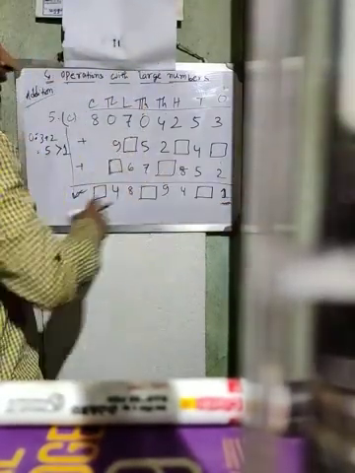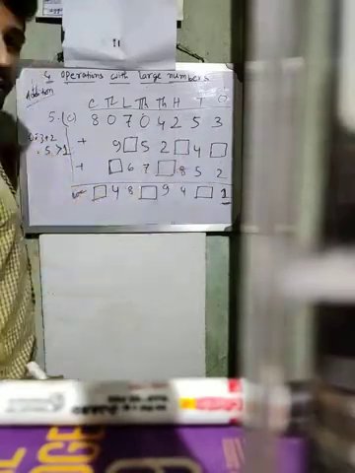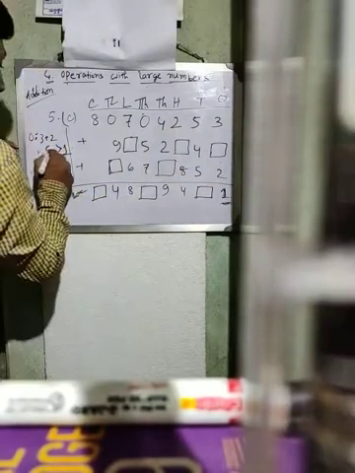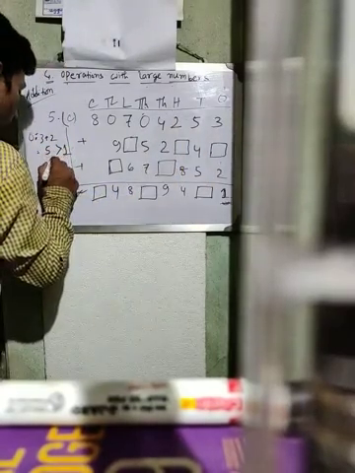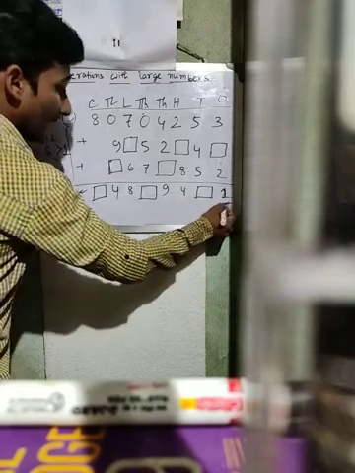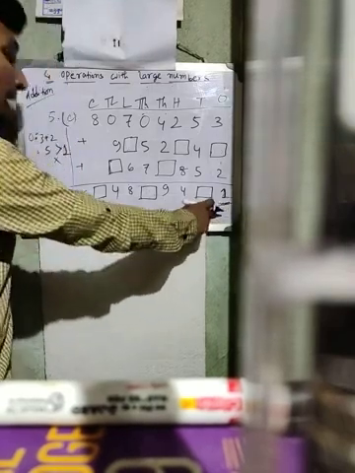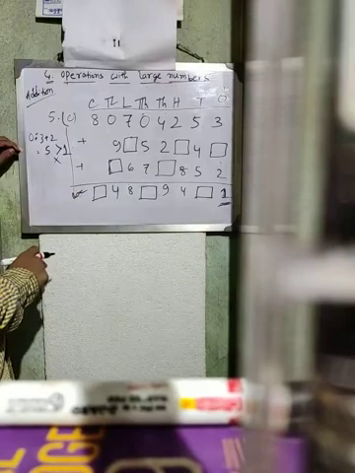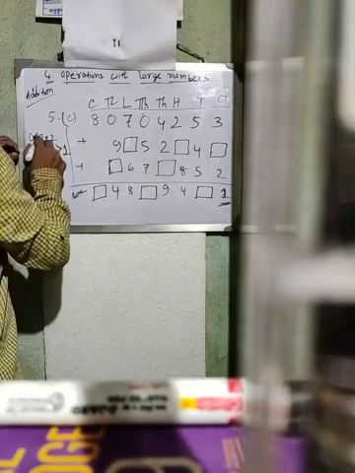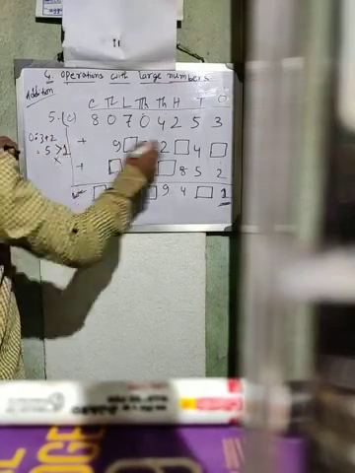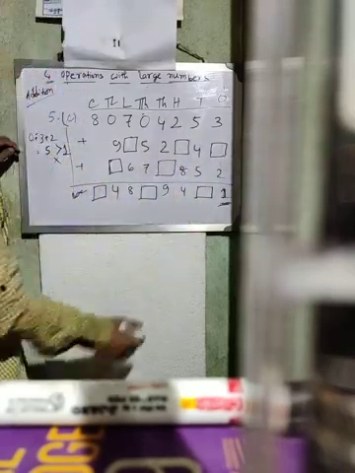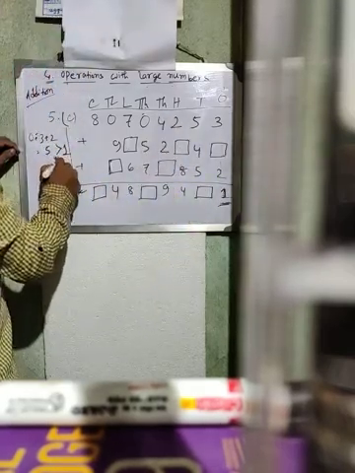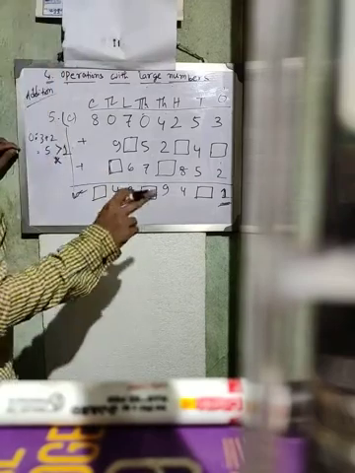This must be greater than the addition of these three numbers. Understand? That means 5 being greater than it is not possible, because this is the addition. So the addition must be greater than each of the numbers. So 1 must be greater than 3, 1 must be greater than 2, and 1 must be greater than this digit. So it is not possible.